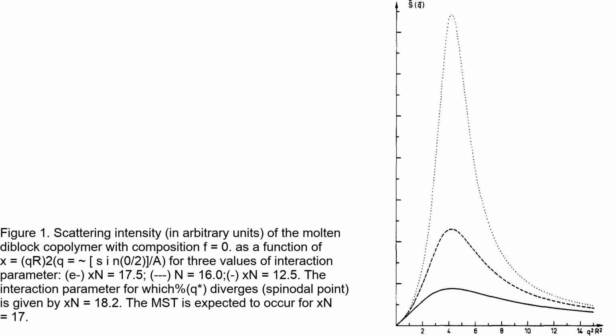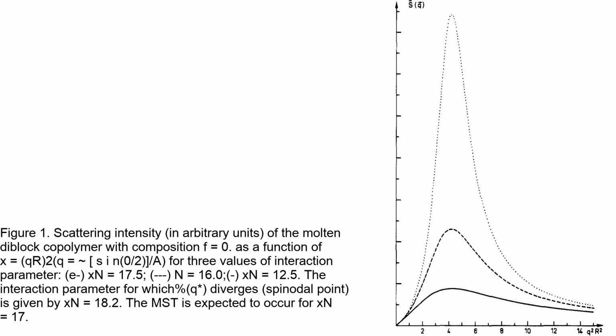The figure shows the scattering intensity, S(Q), as a function of the interaction parameter χ for different values of χN. χN is the product of χ and N. The figure illustrates that as χN increases, the peak in the scattering intensity becomes more narrow and its maximum value increases. The peak corresponds to the microphase separation transition in the molten copolymer. The position of the peak, Q, does not depend on the monomer interactions, but its shape and height depend on